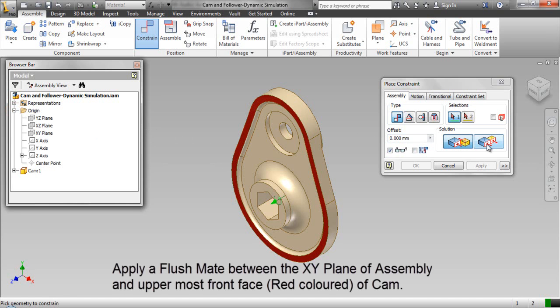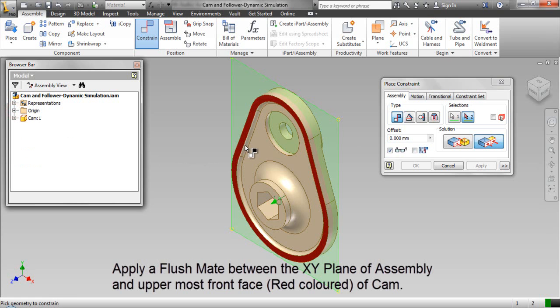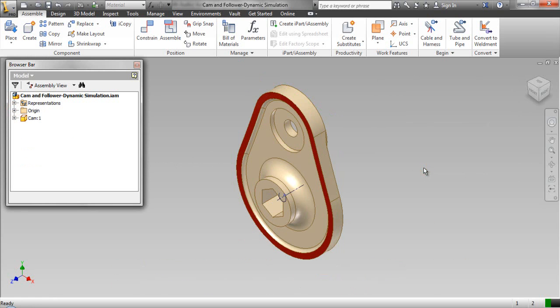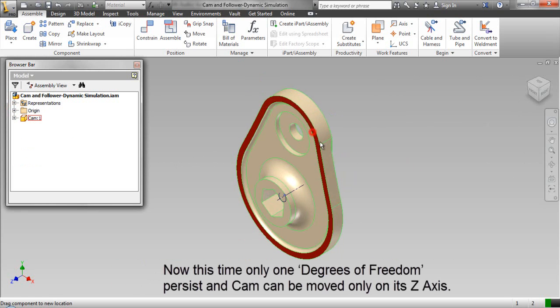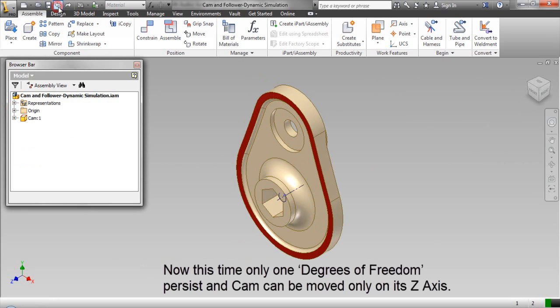Apply a flush mate between the XY plane of assembly and uppermost front face of cam. Now this time only 1 degree of freedom persists and cam can be moved only on its z-axis.